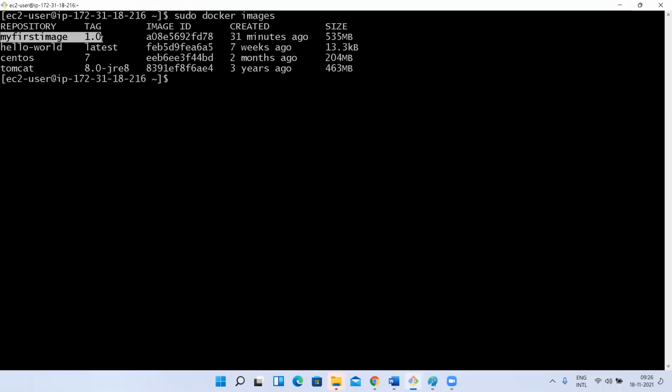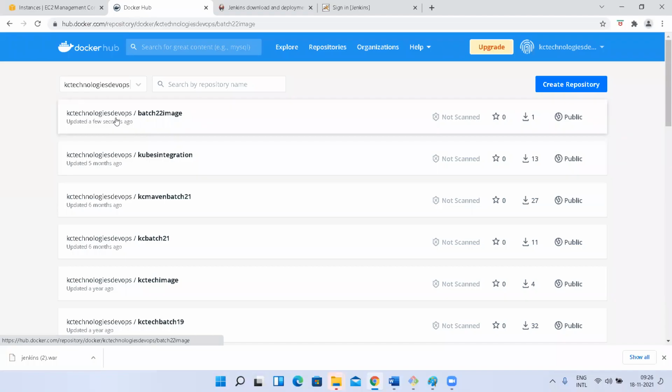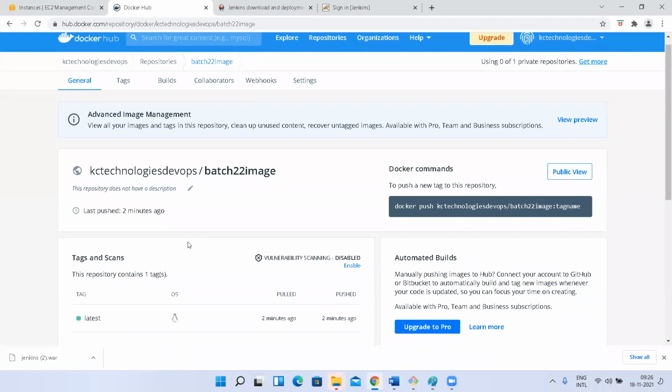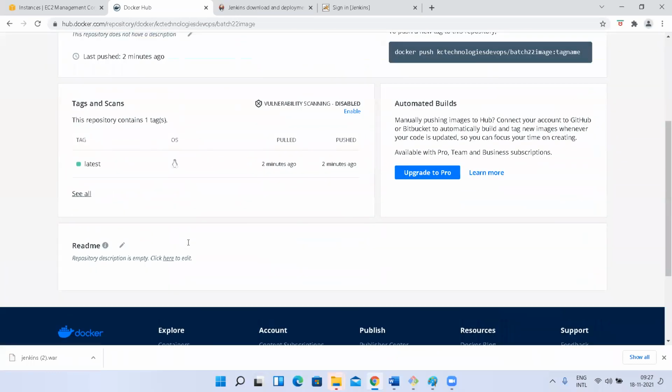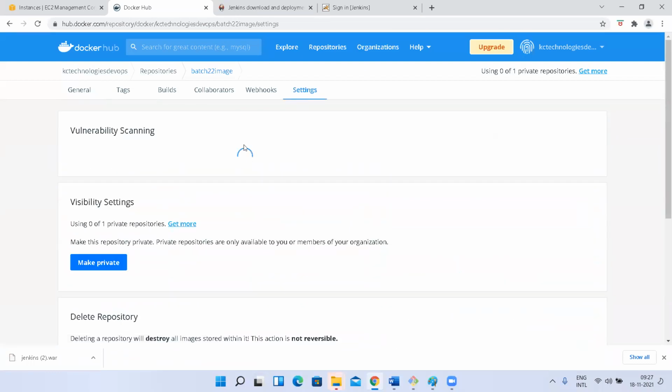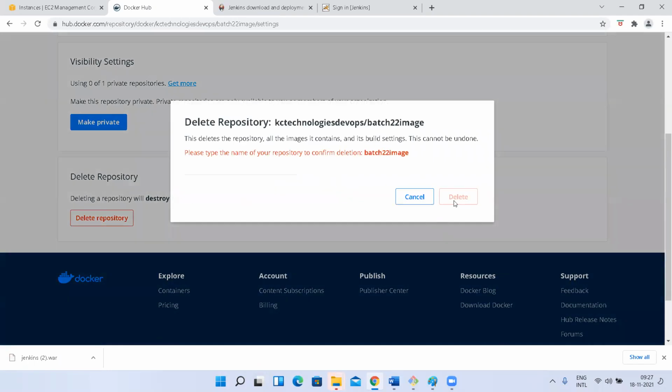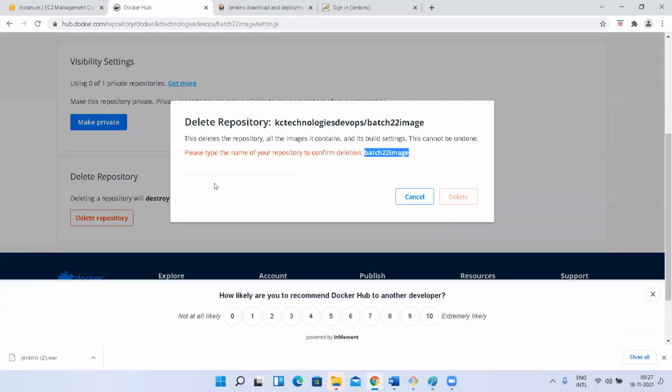Now let me go and remove this repository from Docker Hub. I'll show you how to push if the name is different. I think here it has delete repository. So I'm going to remove this repository.